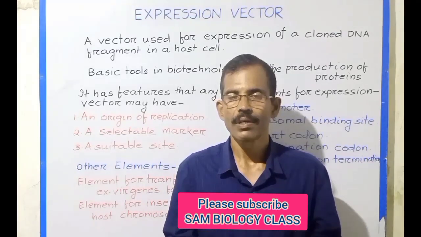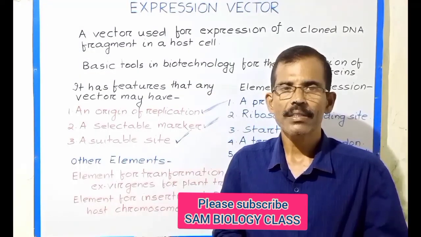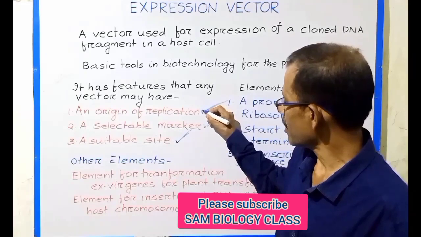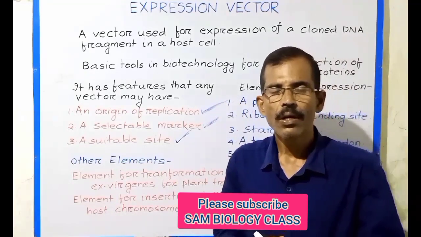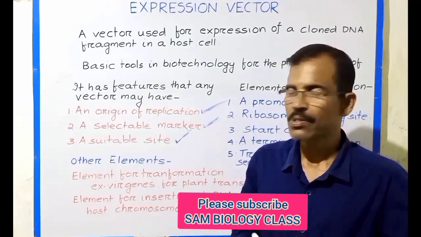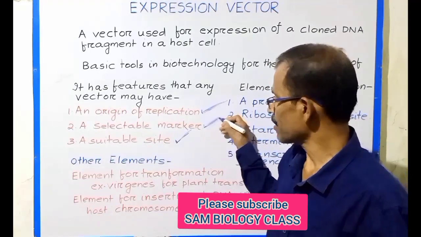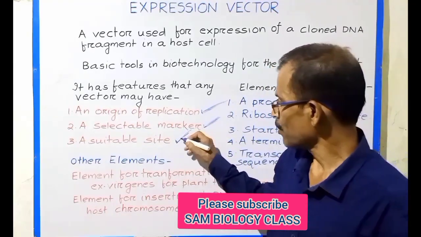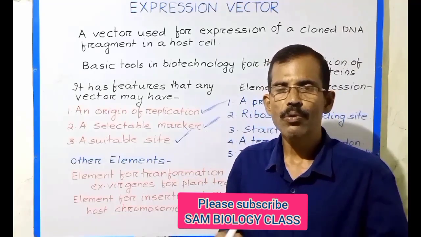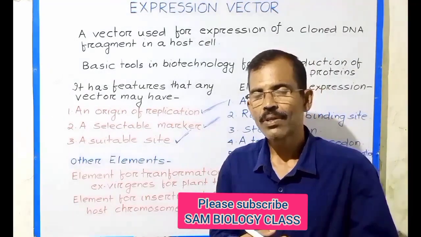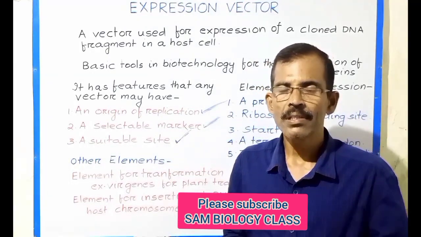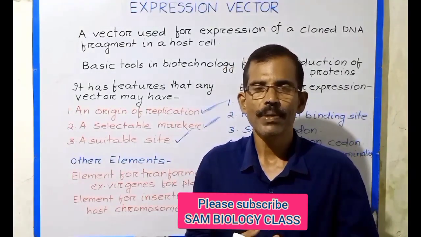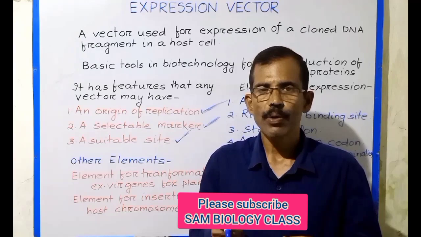the treatment of diabetes. An expression vector has features that any vector may have, such as an origin of replication which enables autonomous replication in the host, a selectable marker which is necessary for screening of the recombinant organism, and a suitable site such as a multiple cloning site for insertion of DNA. The cloned gene may be transferred from a specialized cloning vector into the expression vector, although it is possible to